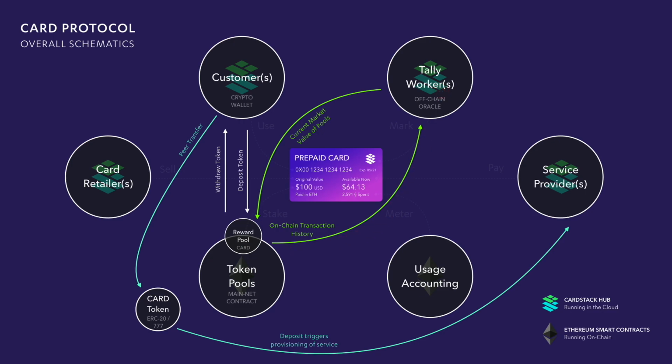Tally Worker is actually a piece of software. You can imagine it acting like an accountant and saying, hey, what are all the transactions going on? Plus, because it is running Cardstack Hub, it can access services that provide an exchange rate on a given day or given time and know what the current market value of the pool would be. And that allows us to know a little bit more information instead of just the token balance in the smart contract: what the network is worth.